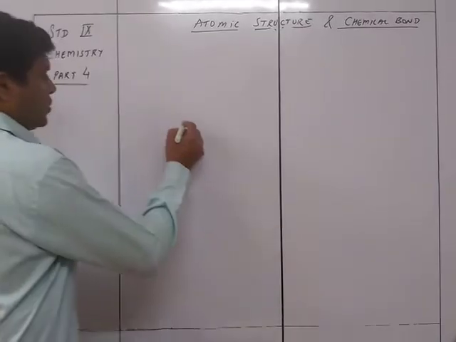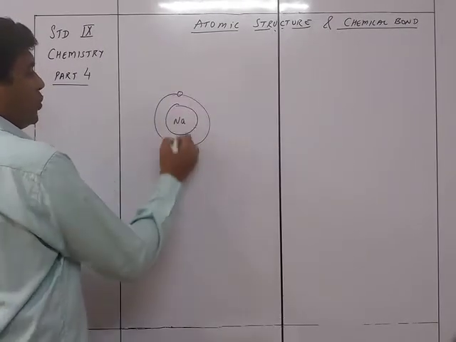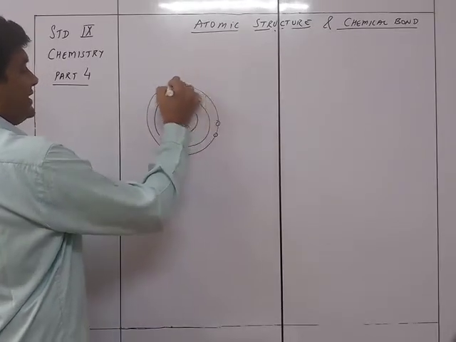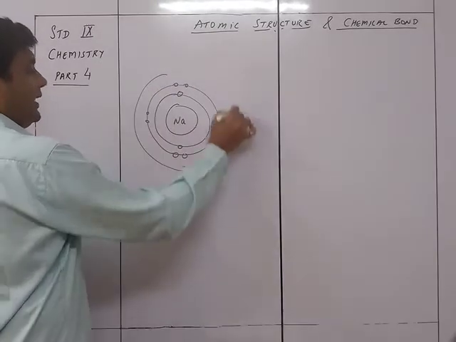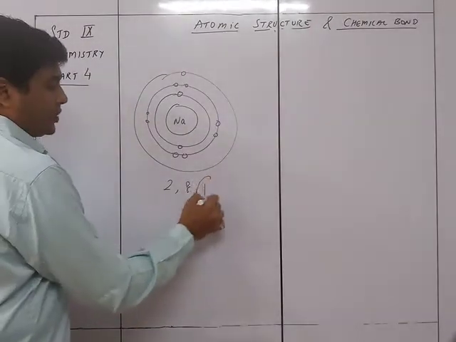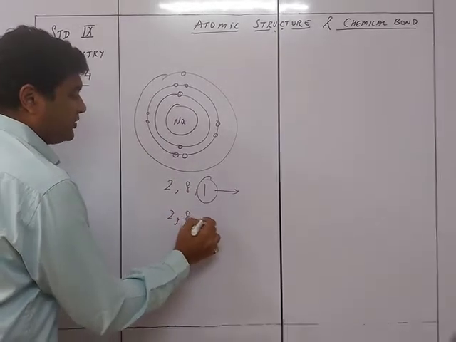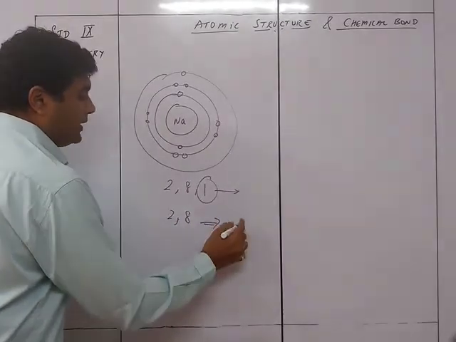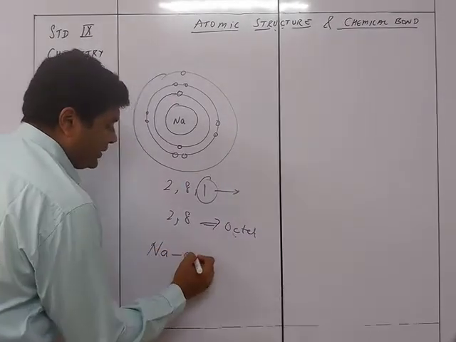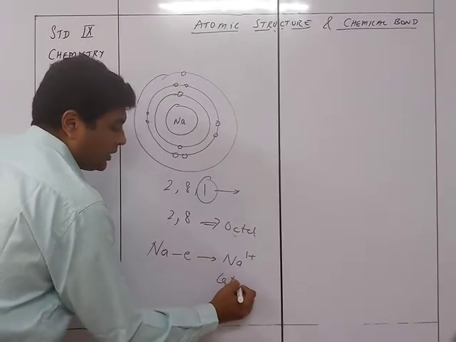You can see that there is sodium over here, which has the electronic configuration where there are 2 electrons here and then 8 electrons here, 1 2 3 4 5 6 7 8, and 1 electron over here. So the electronic configuration is 2, 8, 1. This 1 electron is going to be lost to give the electronic configuration 2, 8. Hence it is conforming to the octet rule, and Na will lose an electron and become Na1 plus. So this is a cation which is going to be formed.